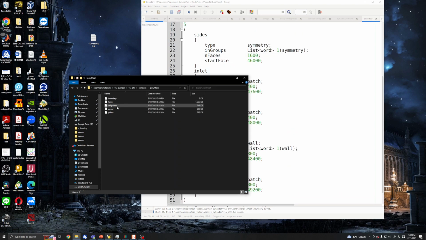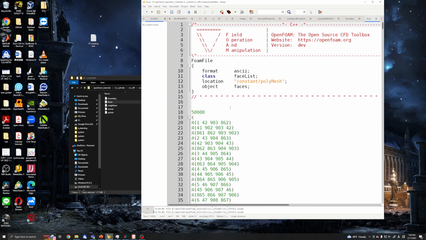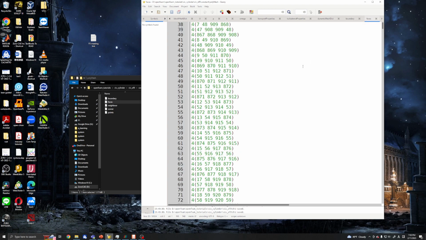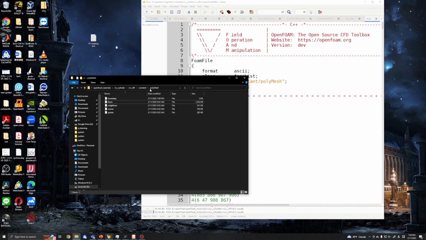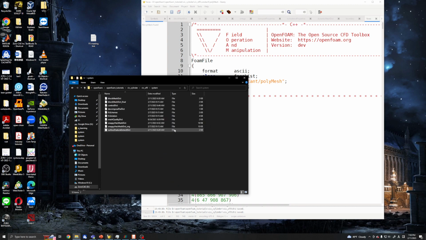For other files, this is just a very long list of our faces. So it's face 1, and it has 4 nodes, 1 2 3 4, etc. like this. So we don't care much about this. Well, in the triSurface, we have the STL file to be used by the snappyHexMesh. Okay, then go ahead and look inside the